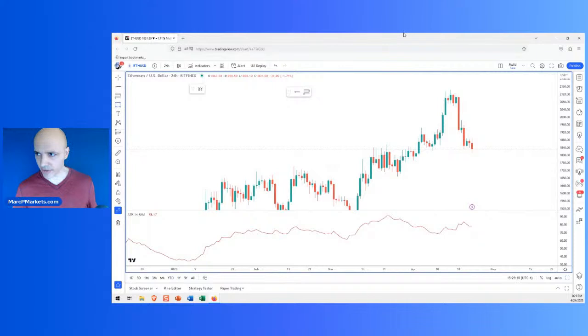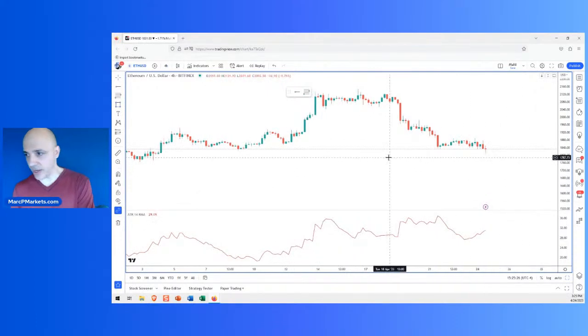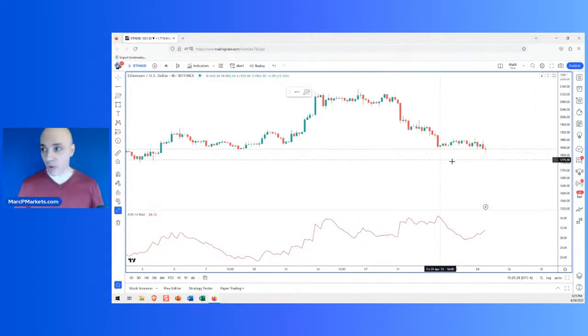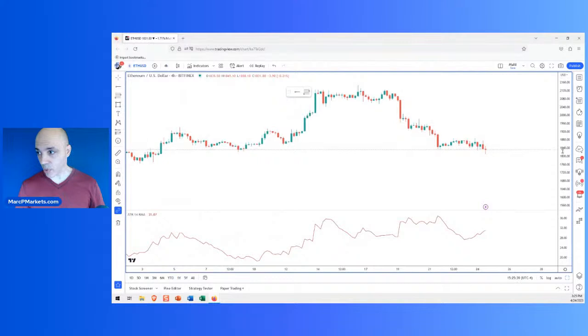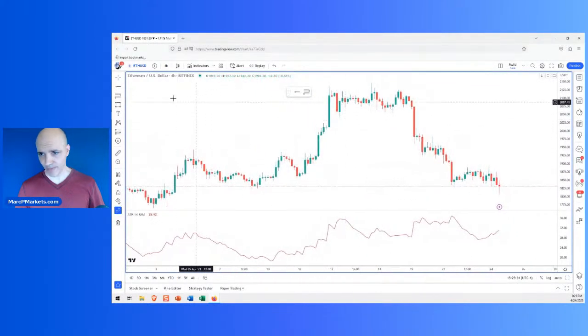And actually, to find it, we have to go to a 4-hour chart, because that's the time frame this thing is generally working on. You can use basically a 1-hour or a 4-hour time frame. I would suggest to keep things simple, work with the 4-hour time frame. All right. So it was right around 2083. Thank you.